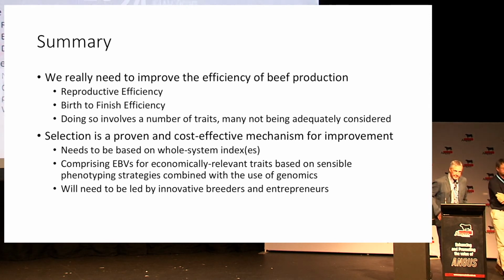So once again, we have a couple of roving microphones. We've got a couple of minutes for a few quick questions if somebody's got one. Dorian,